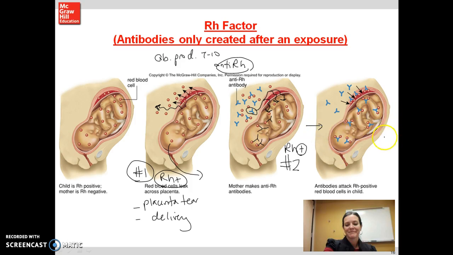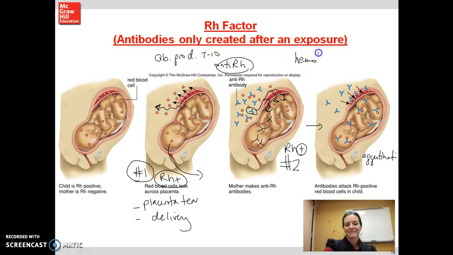And when that happens, we actually lead to agglutination in that baby's blood supply. And that's going to damage the baby's blood cells, which means the baby's blood cells can't transport oxygen the way they're supposed to. This can have mild effects depending on how many antibodies cross, or this can have major effects,